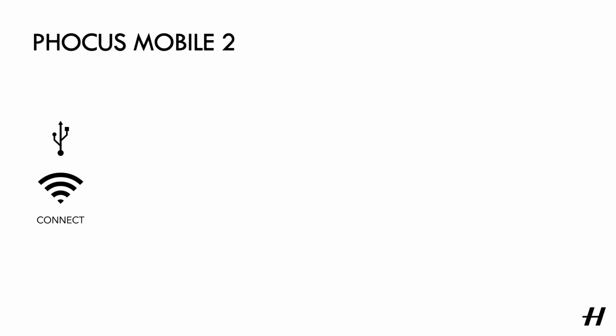In consideration of where Phocus Mobile 2 really can transform your workflow, it's really neat in many aspects of the connectivity process, meaning that you can connect over Wi-Fi or USB connection with your choice, depending on whatever your particular shoot or preferences prefer. And likewise, the ability to stay up to date with the latest firmware is incredibly easy with firmware updates available through the app, downloading over the air, or you still have the option to install manually via an SD card if you choose to.